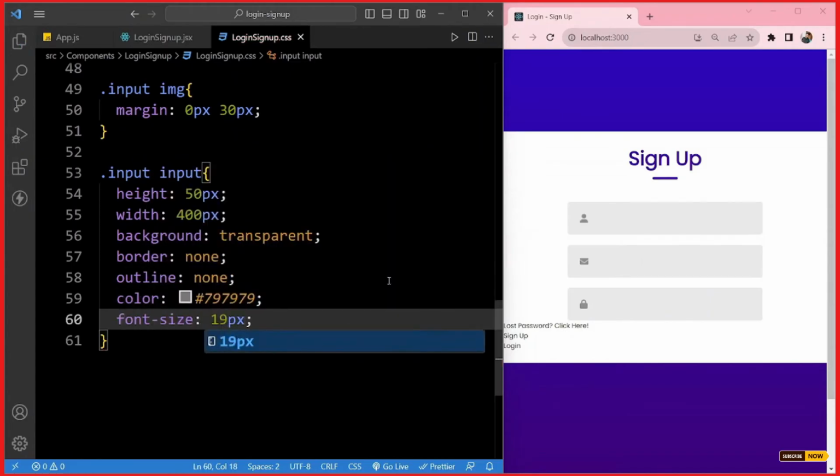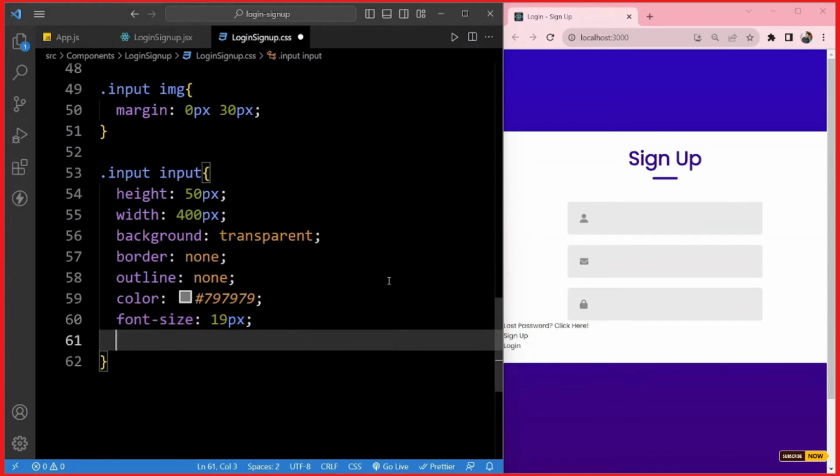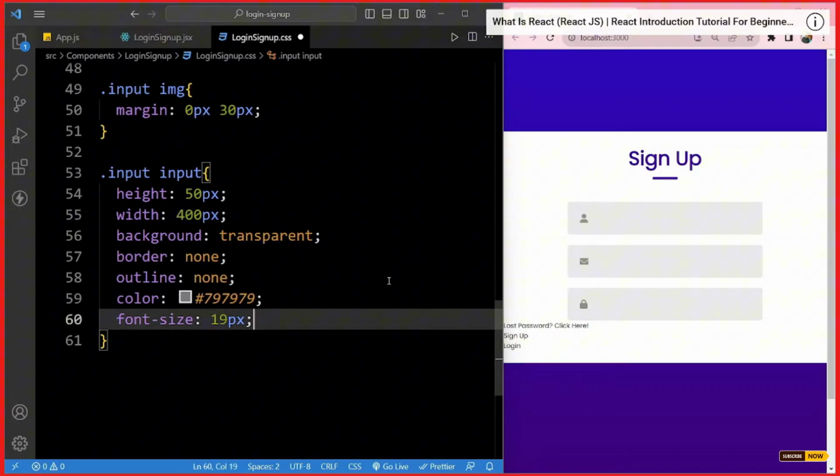I had given height of 50 pixels, width of 400 pixels, background transparent, border none, outline none, color, font size increased to 19 pixels. As you can see, our input fields get hidden because we had given border none and outline also none.